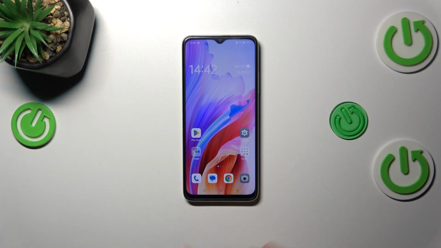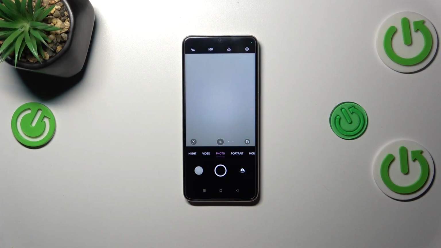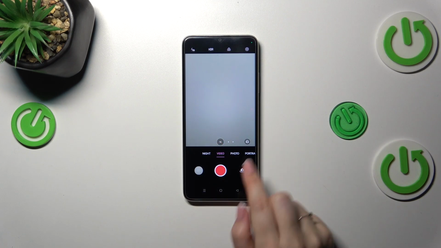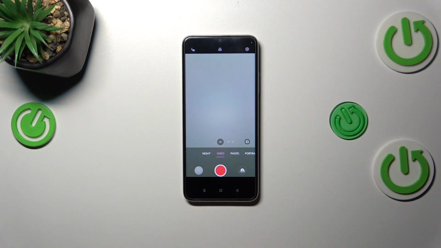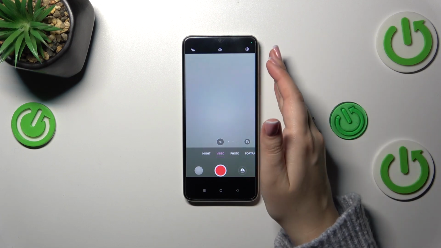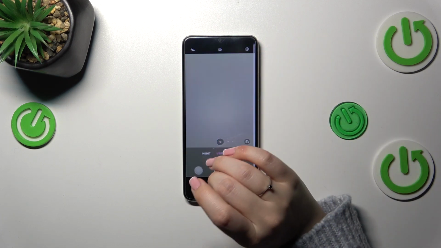So let's start with opening the camera app. Currently we are in the standard photo mode. Of course, if you want, you can switch to the video one. However, it is not necessary because the options connected with the video and photo are in the one section with general settings. So all we have to do is to tap on the settings icon in the right upper corner,